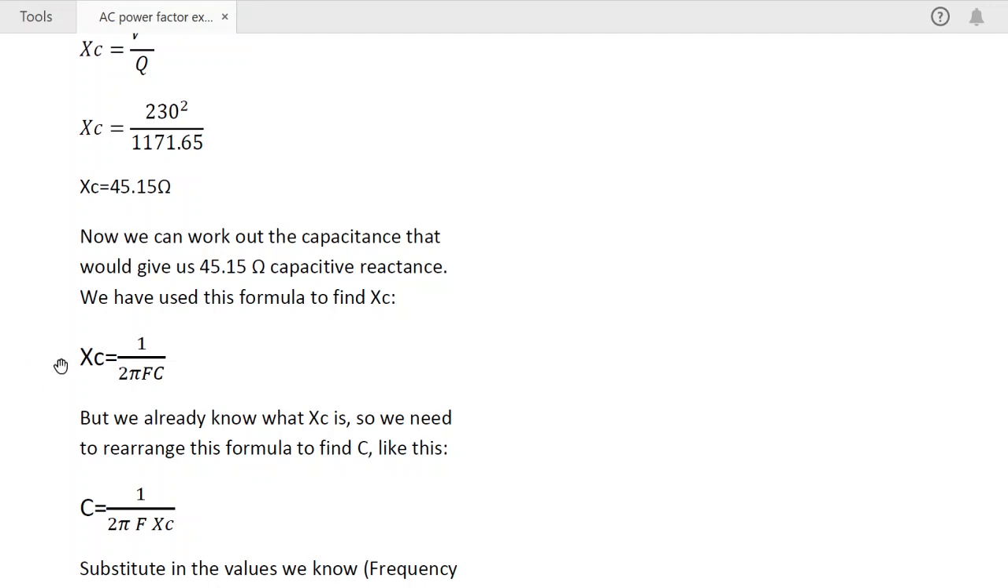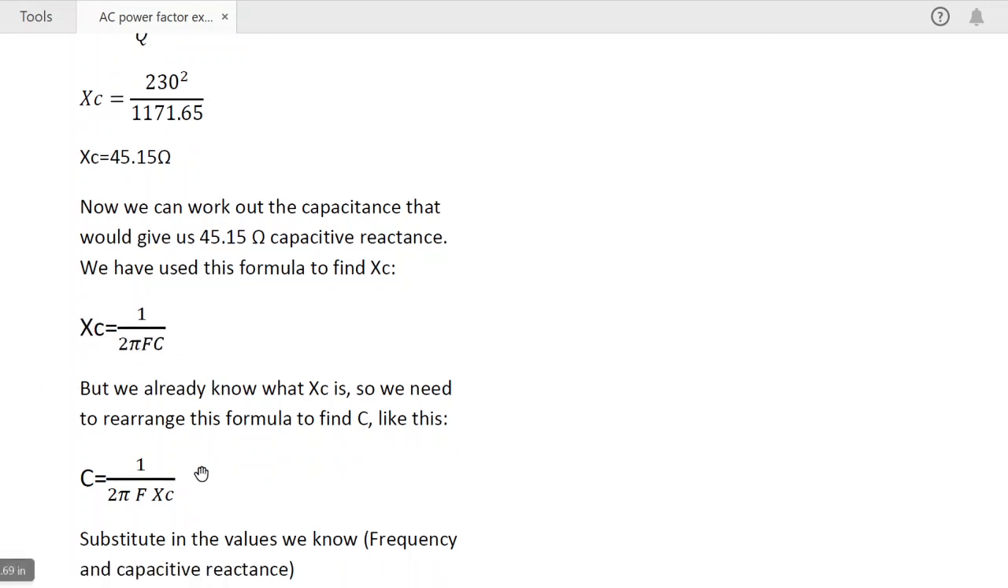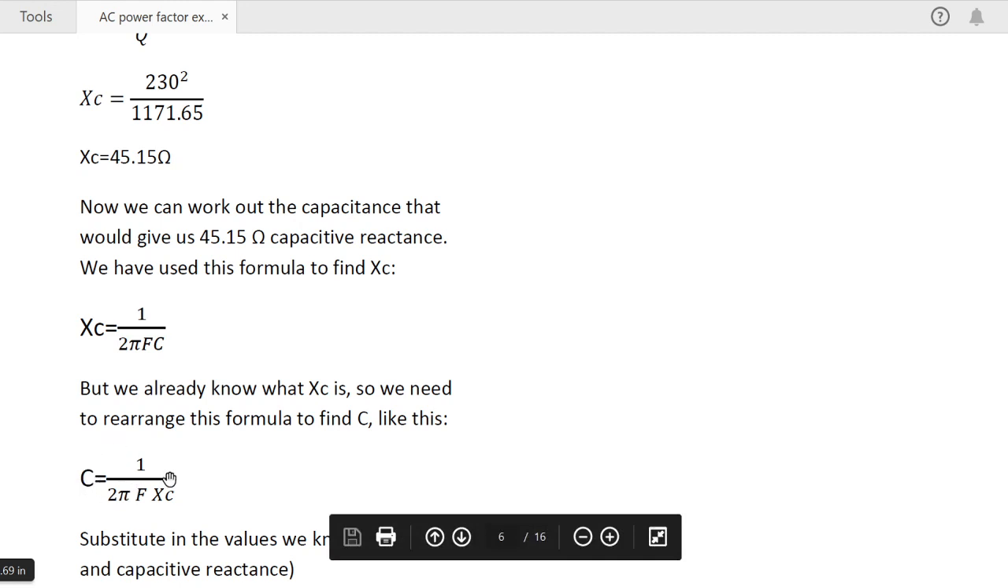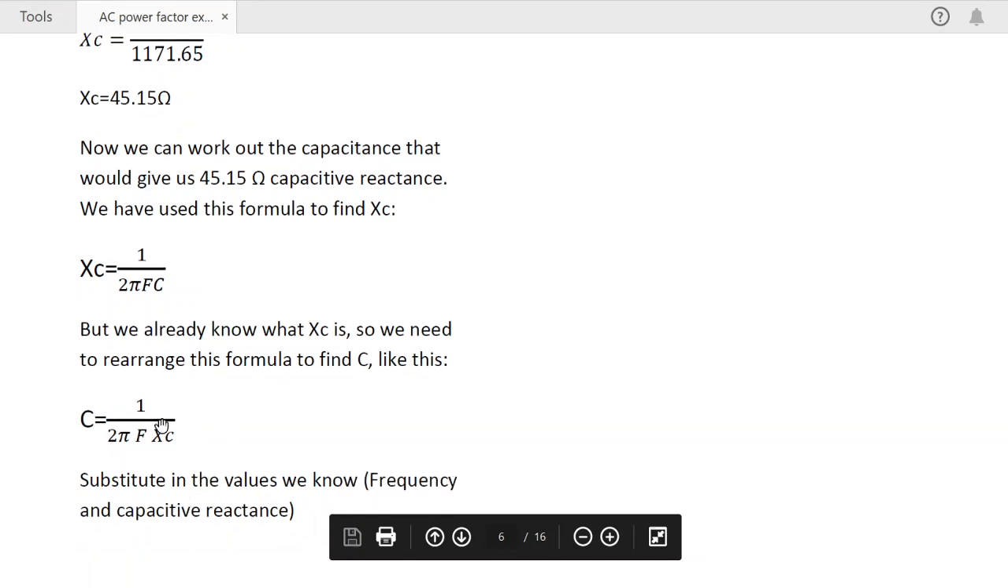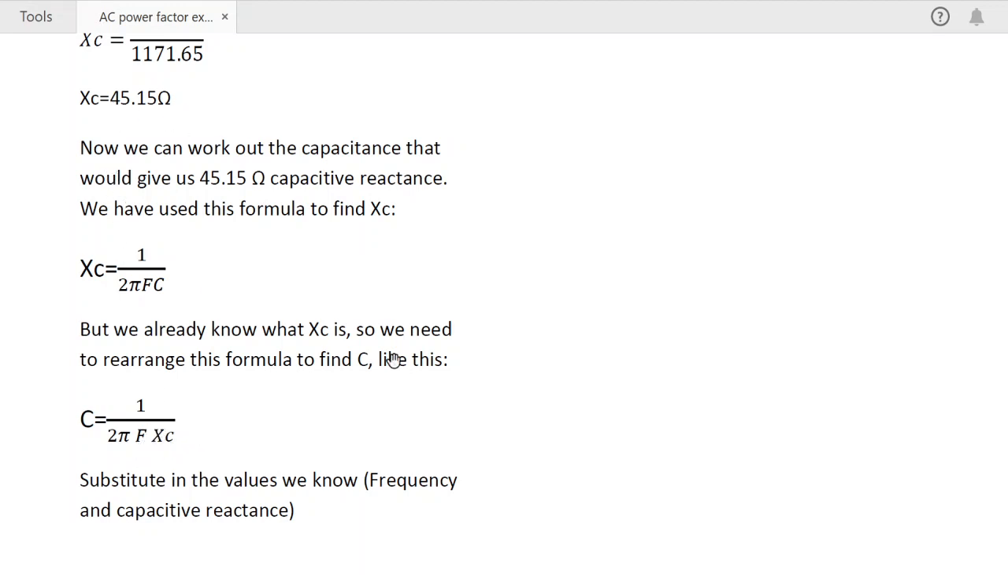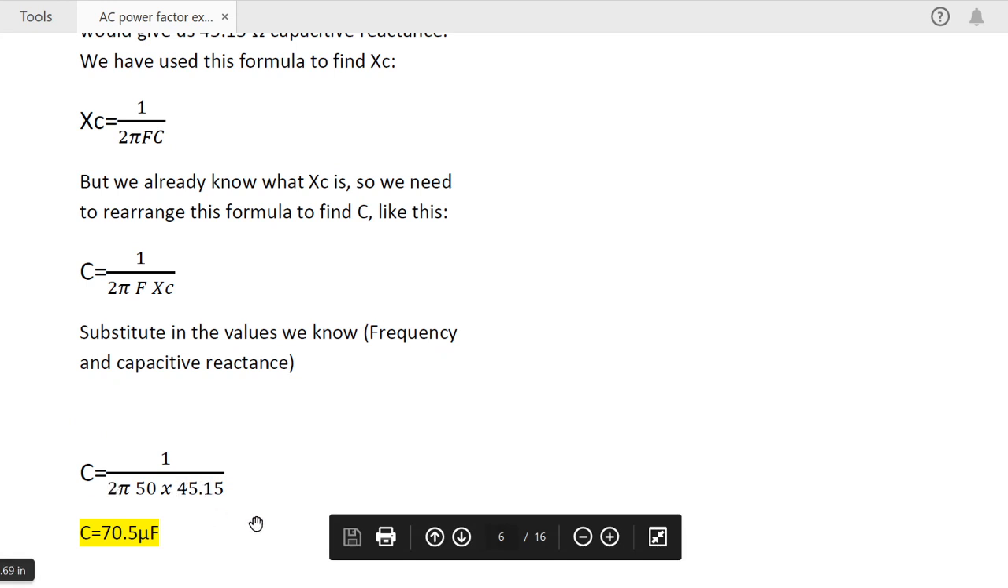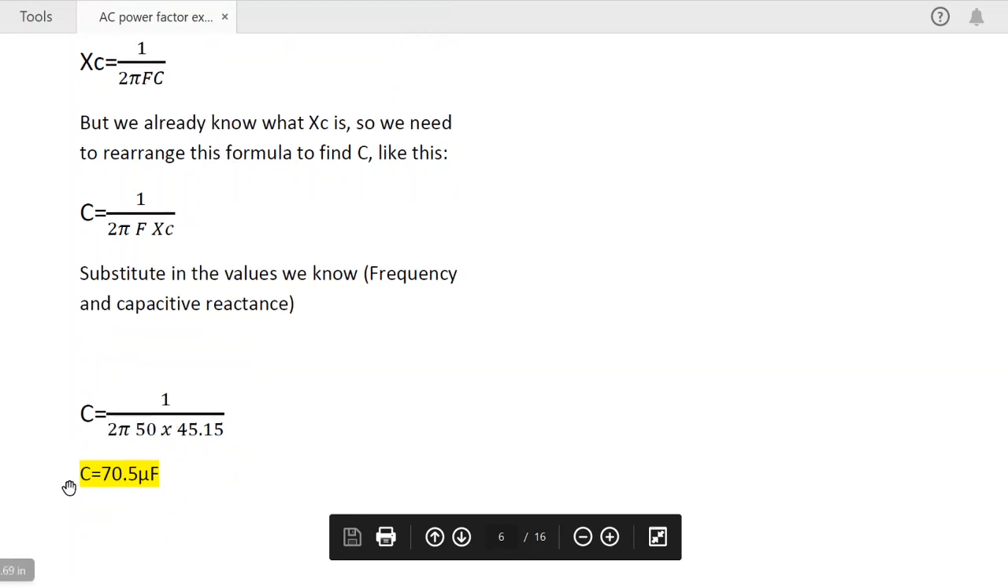I can just switch places because XC is on top left, C is on bottom right. I just switch them over. So that means C will equal 1 over 2 pi F times XC. We substitute in the values that we know, which is the frequency that was given in the original question, and XC, which we've just worked out, is 45.15 ohms. So then we get C equals 1 over 2 pi times 50 times 45.15, 50 being the frequency, 50 hertz. And that gives us an answer of